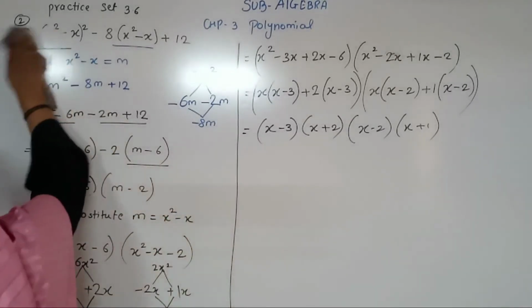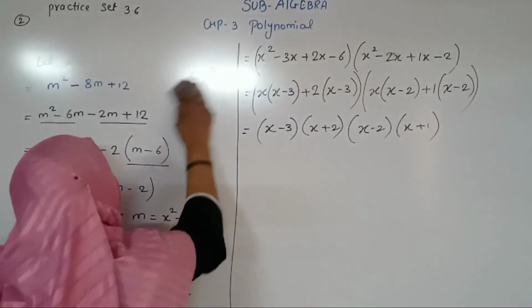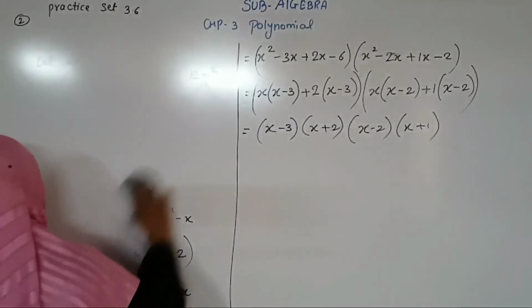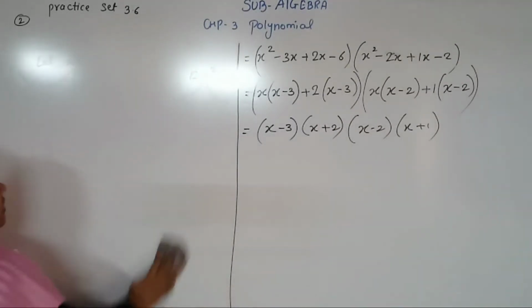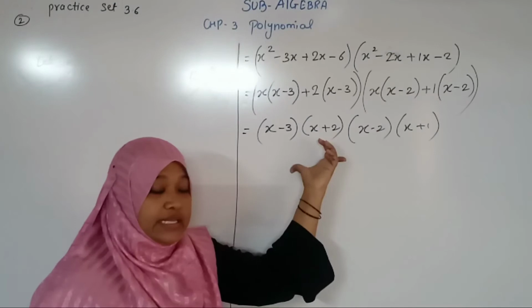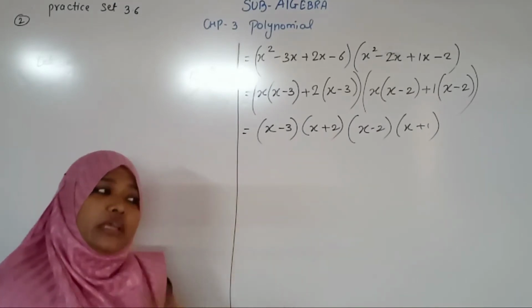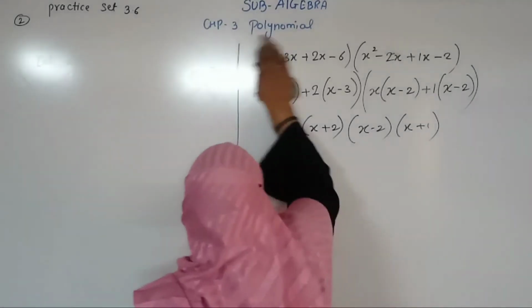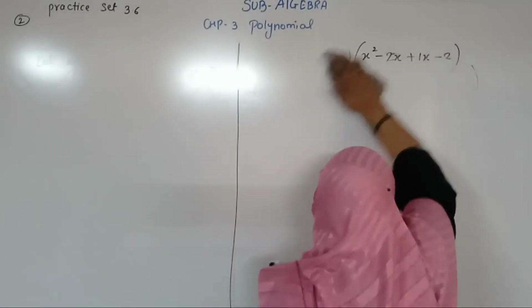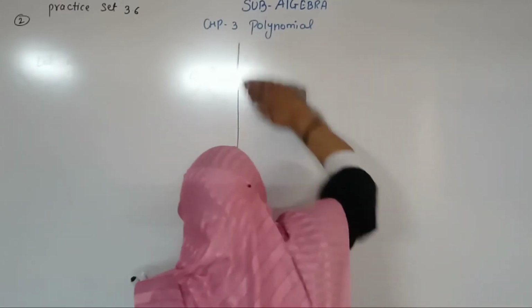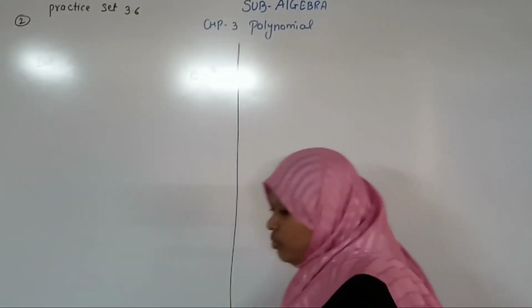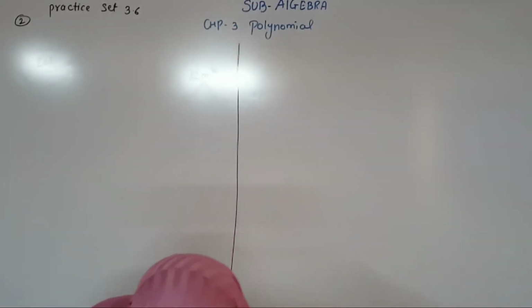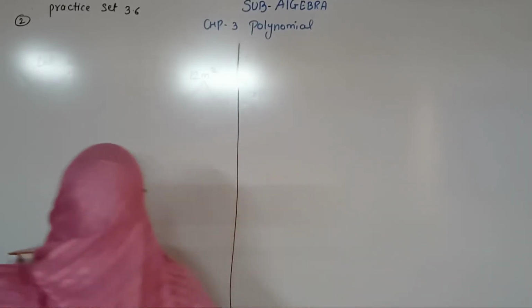Okay, question number 2. Same thing we have to do. Let's see what we can see and what we can do for that. Sometimes it never shows 4 terms. Yes, 4 terms will not always be shown. Sometimes you will be shown 2, sometimes there will be 3. Depends. But you will try to factorize it. If you cannot find the numbers, then it's okay. If you can find them, you are not doing the sum wrong. Okay, now I will start the next question number 2.